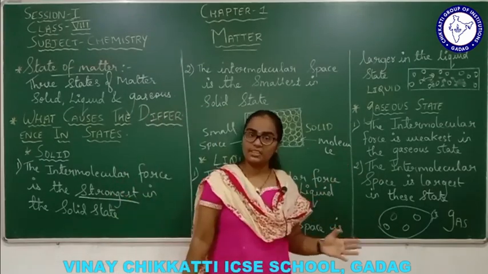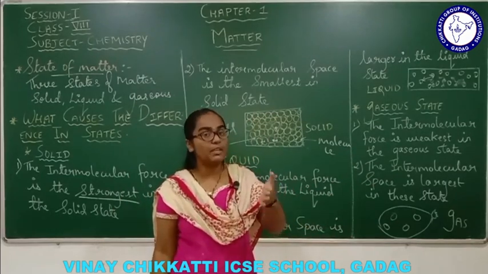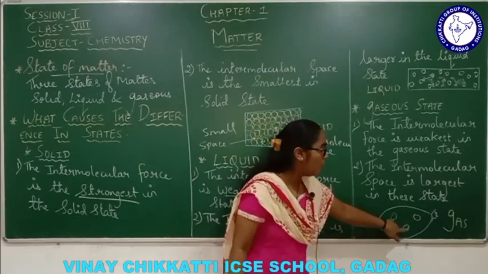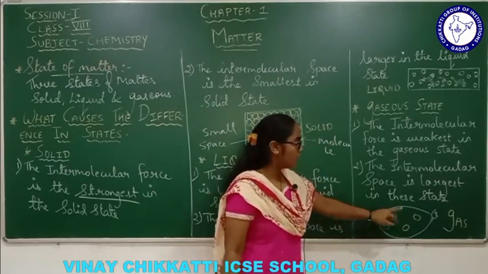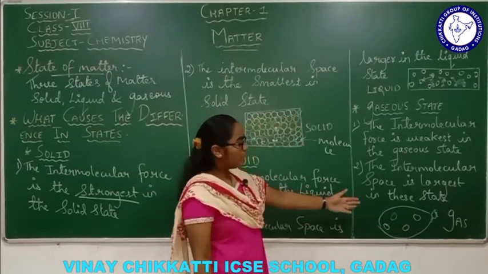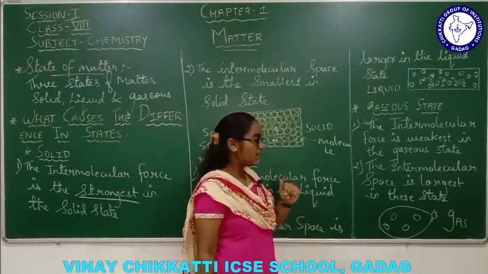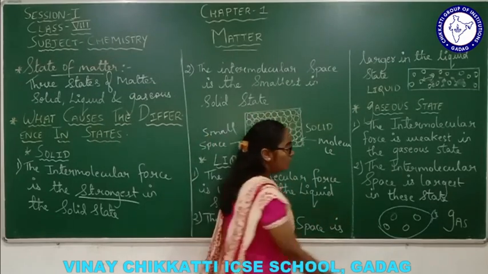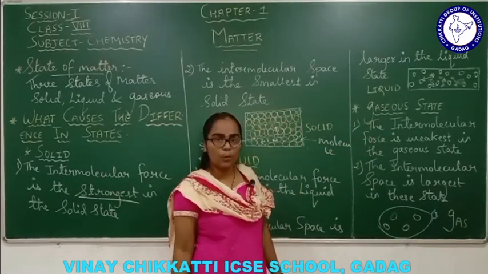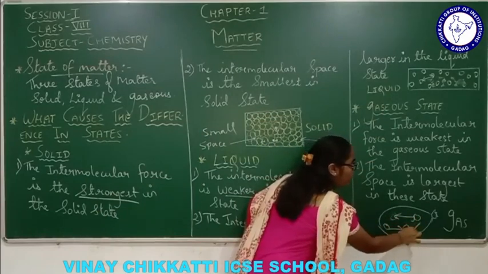Now gaseous state is also a state of matter. So since it is a state of matter, it will be made up of tiny particles called molecules. Now these are the yellow color molecules, represented over here in the diagram. In the gaseous state, I can see clearly that one molecule is residing in one pole, another molecule is residing on another pole. They are so far away from each other.